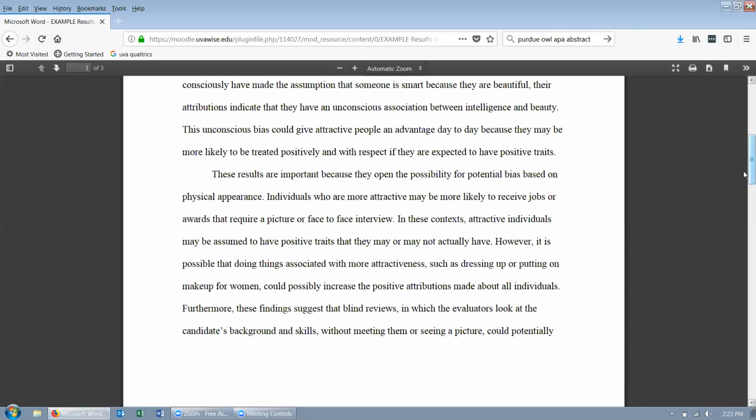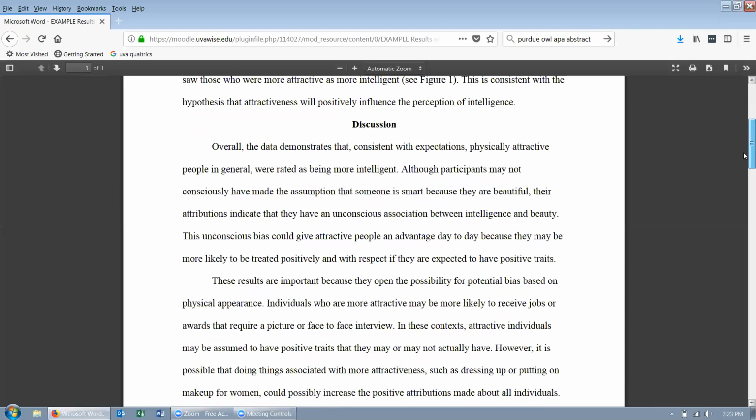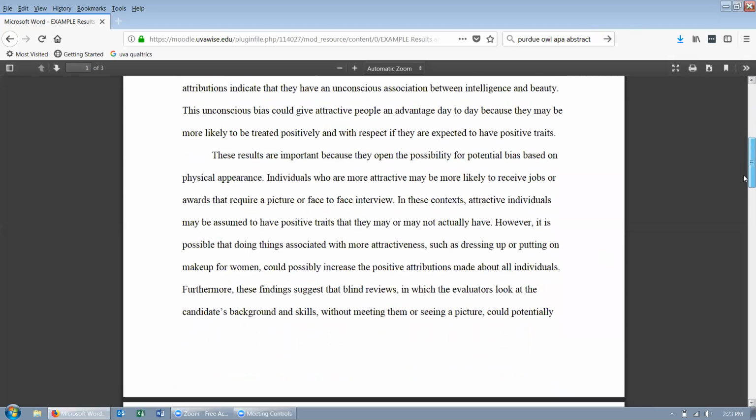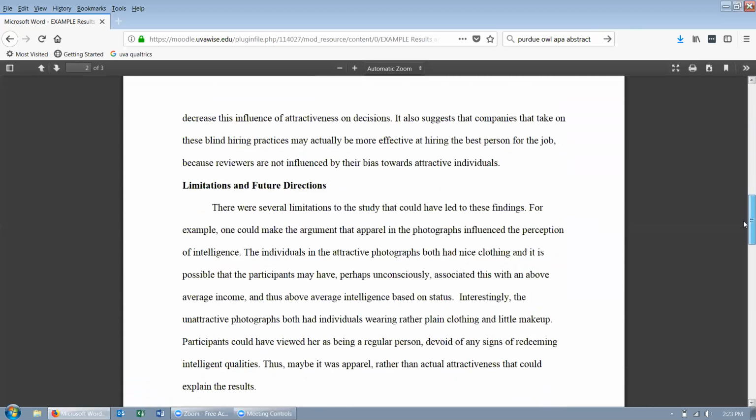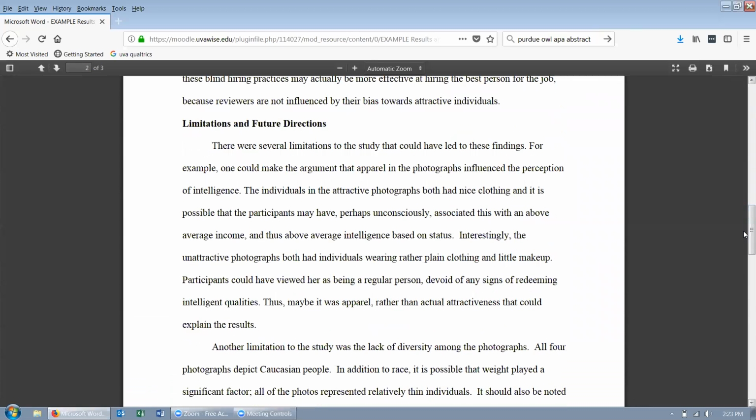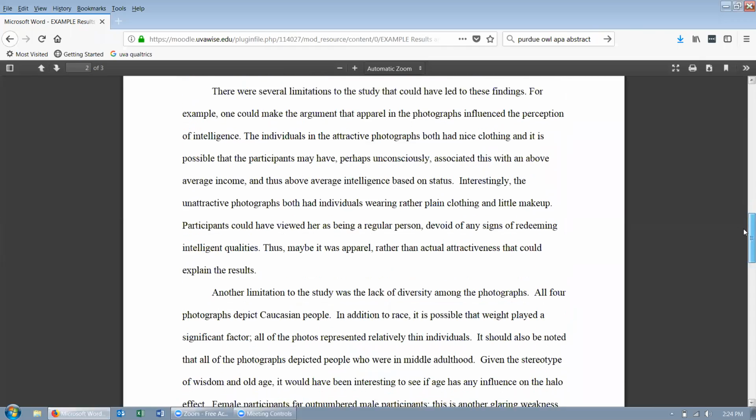The third thing you want to discuss, and before I go into that, note that the first two questions, possible explanations and implications for these findings, I've combined, but then I made a separate section on limitations and future directions. So the third thing you want to discuss is the flaws of your study. Even though we made this up and it was hypothetical, and therefore you had more leeway than you would typically have, no study's perfect. So think about what was wrong with your study and what could have been done to make the study better. So that's your limitations and future directions.